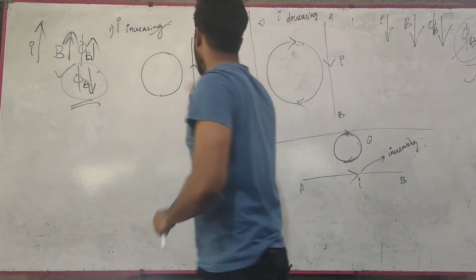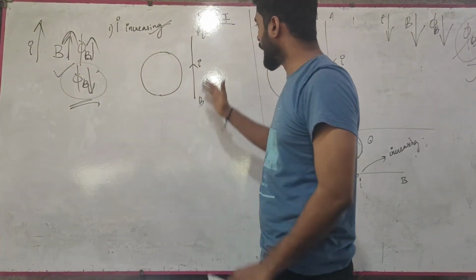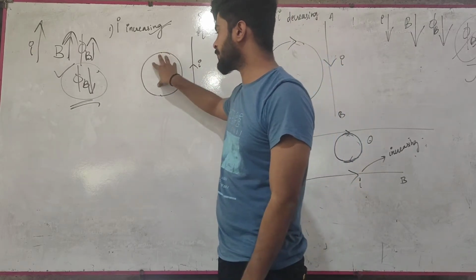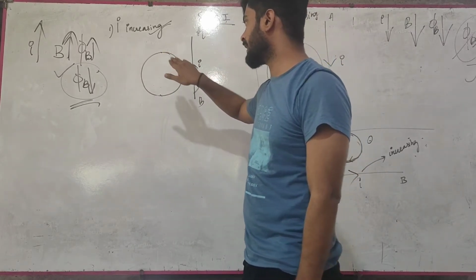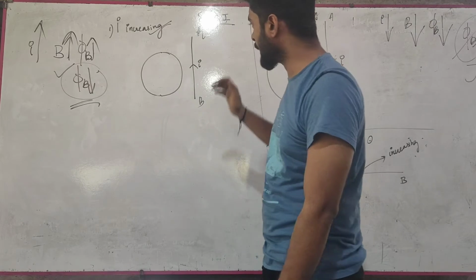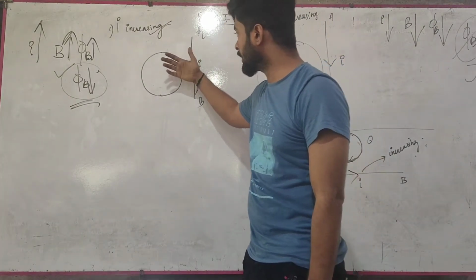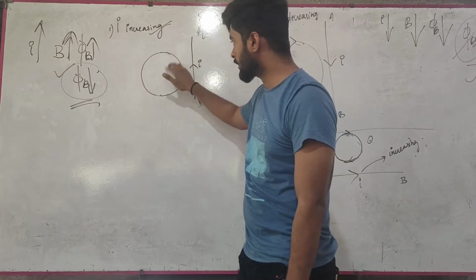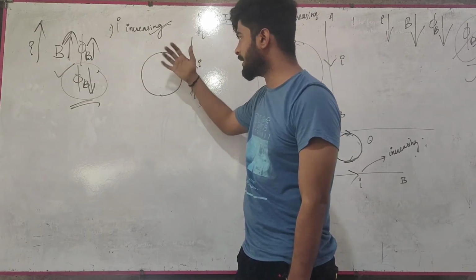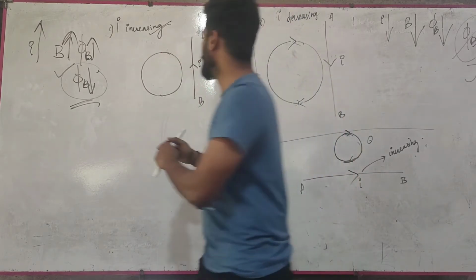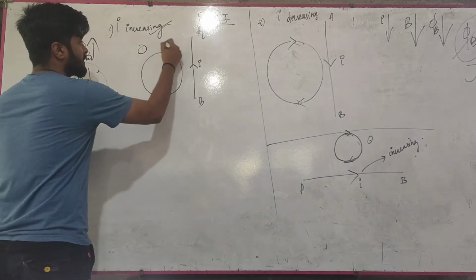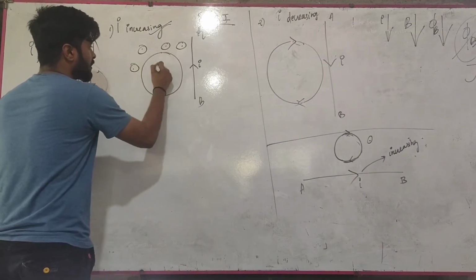So here we have increasing current, right? So we will apply the right hand thumb rule and we will see in which magnetic field it is placed. Either the magnetic field is inward or outward. For that we will apply the right hand thumb rule. The thumb should be placed in the direction of current. So the curled fingers at this plane are pointing outwards. So we know that the magnetic field here is outward magnetic field.